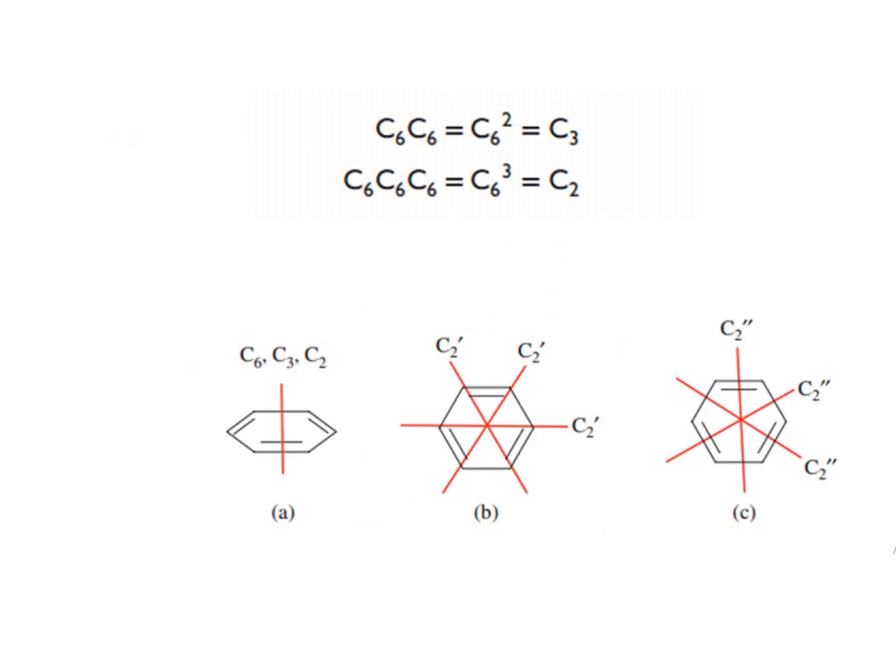Here you can see an example of the benzene molecule. We know benzene has 6 carbon atoms and 6 hydrogen atoms with the molecular formula of C6H6. So if we pass a principal axis through the center of benzene and we rotate it, at the same time 6 carbon atoms will move, so we can say that it possesses a 6-fold axis, or in simple words, it has a C6 proper rotation.